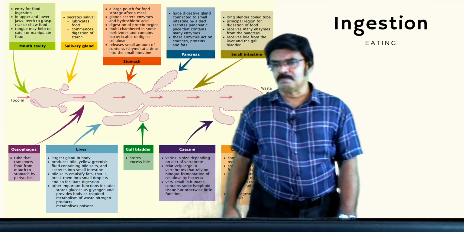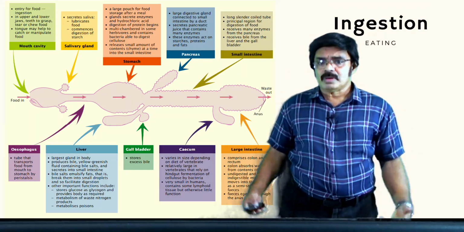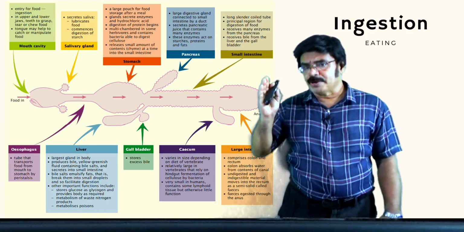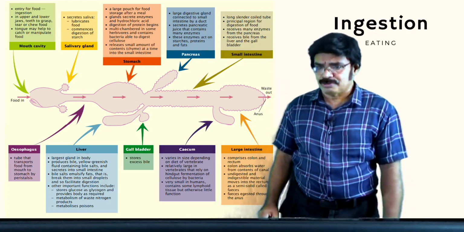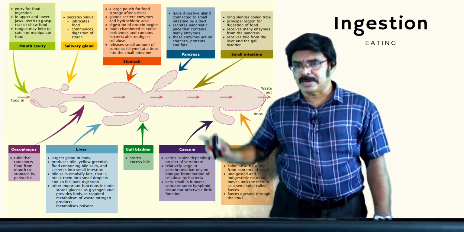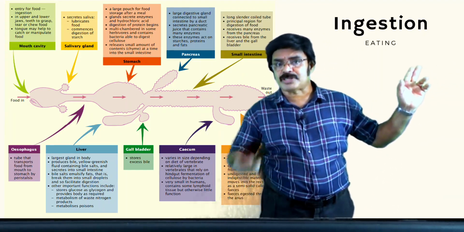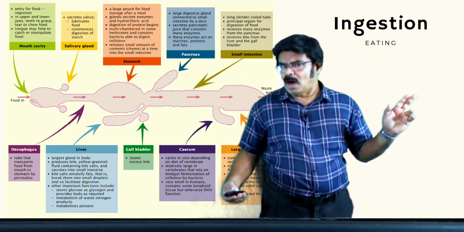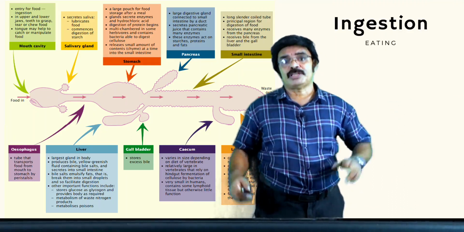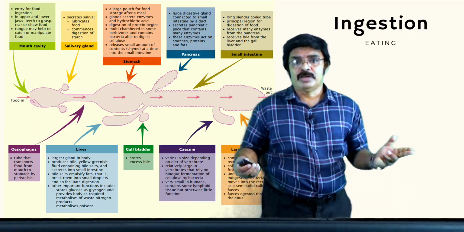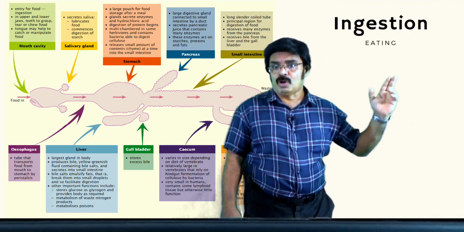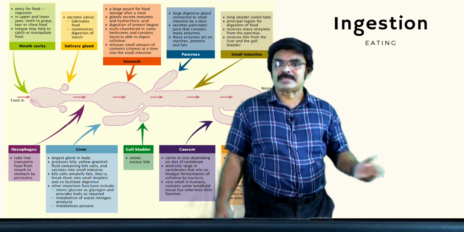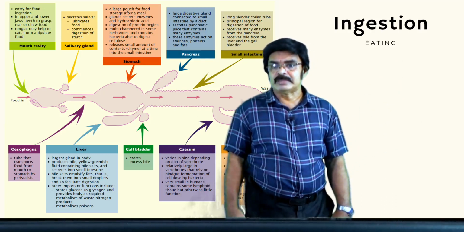Before that, one very important thing is, in the process of digestion, there are 5 steps. First one is ingestion. Ingestion is basically, as you know, eating. Eating is taking food into your body, ingestion. Animals do that. Animals are said to have holozoic nutrition. In holozoic nutrition, you find ingestion, that is eating and taking food into your body, and then